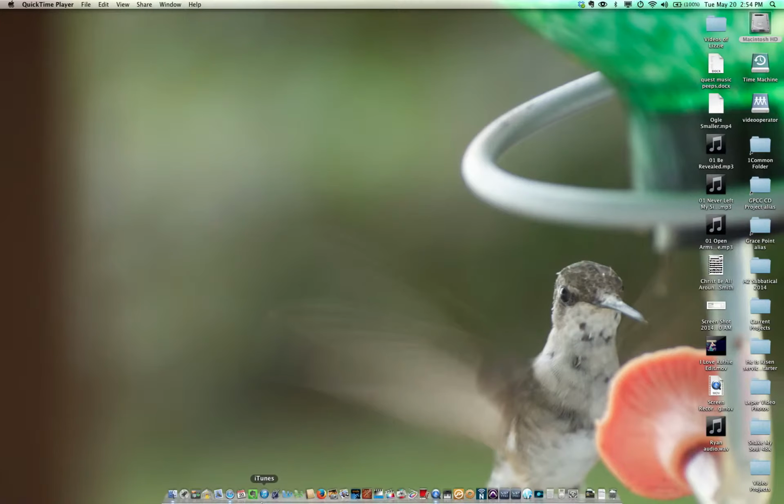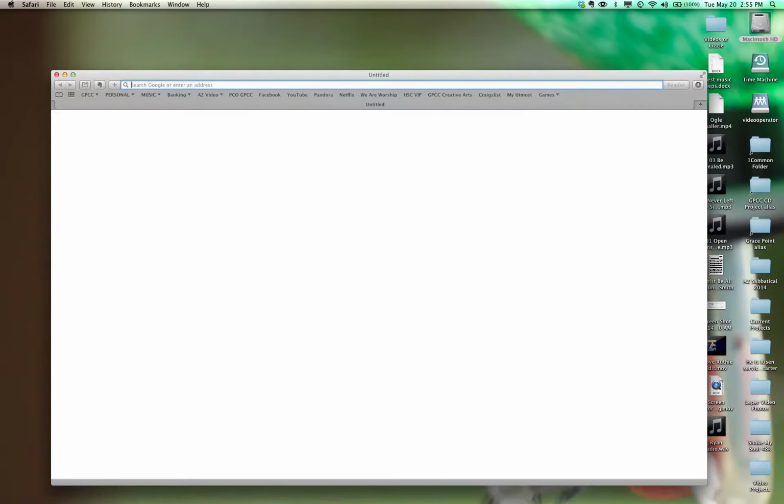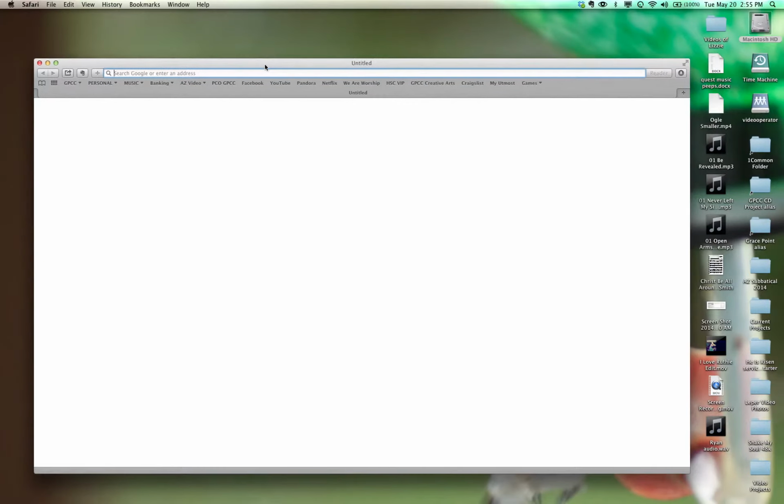If you don't know how to do that, or if you don't have iTunes installed, then go to Google and simply search on installing iTunes on a Mac or installing iTunes on a PC. Once you have that done, go ahead and launch your web browser of choice. You can use Internet Explorer on a PC, Safari, Firefox, whatever. Go to